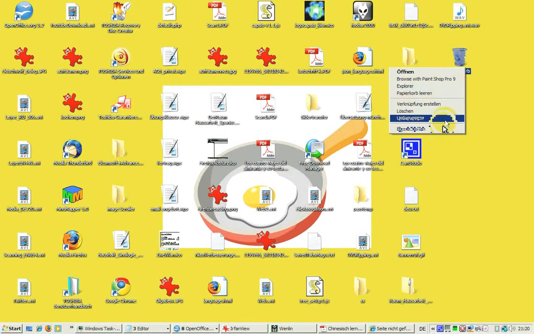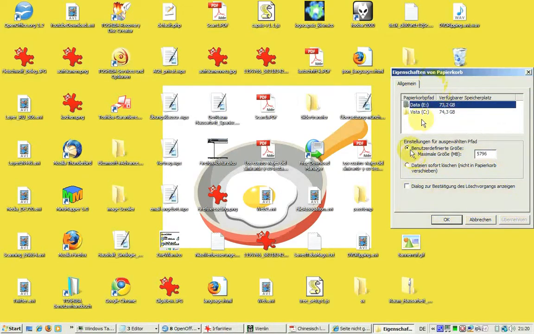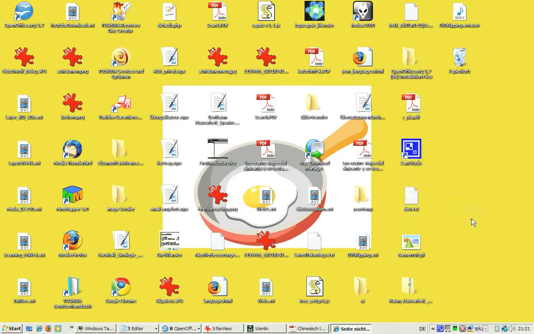Let's look at the recycle bin. Therefore, we right click on it, go to Properties. Here we see the two options. The first option says how much data you can put in the recycle bin. The second option says whether the dialog is shown: do you really want to delete it, or is it not shown? Now, if you delete some things from the recycle bin, it's possible for Capsys Germany to recover your data back. So don't worry about it, just contact us.